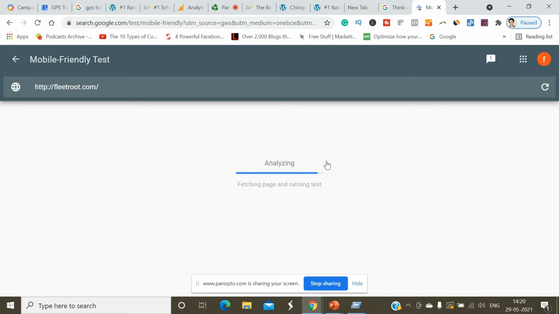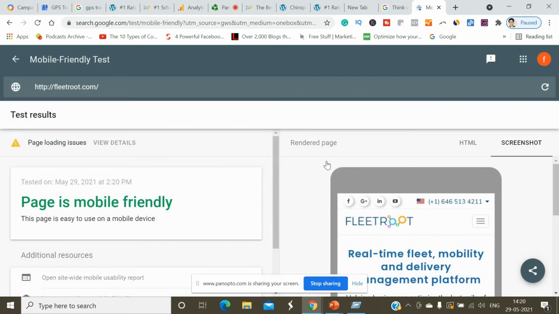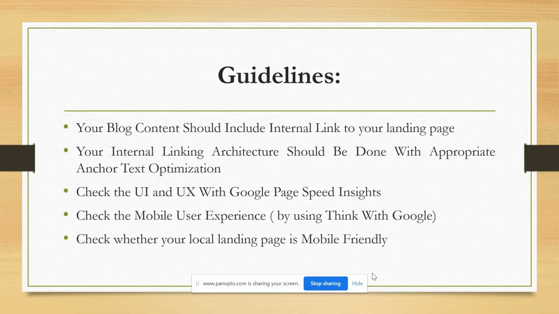Okay, guys. So this is telling me the page is mobile friendly. This page is easy to use on a mobile device. Okay.